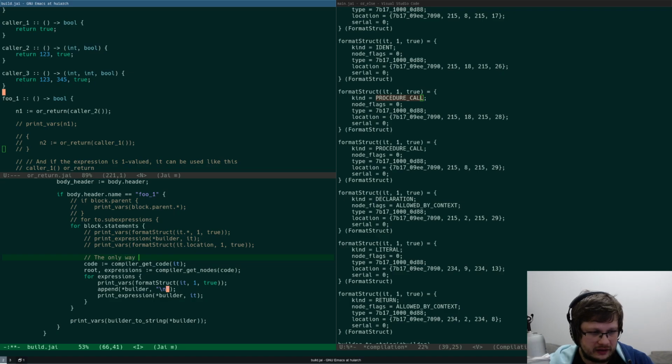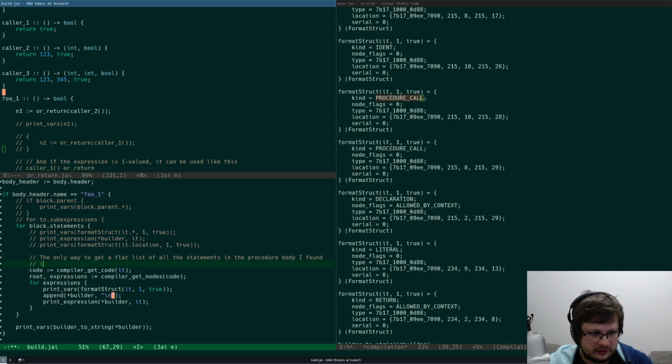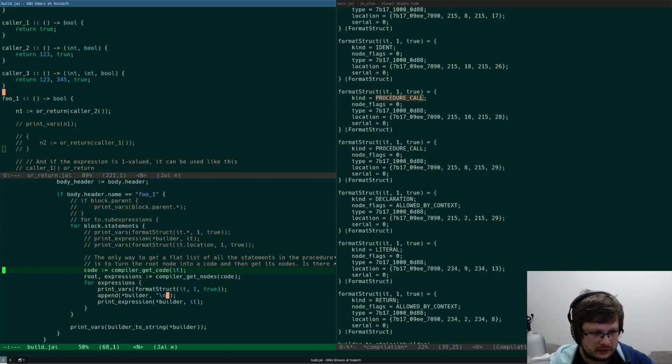The only way to get a flat list of all the statements in the procedure body I found is to turn the root node into a code and then get its nodes. Is there a better way?